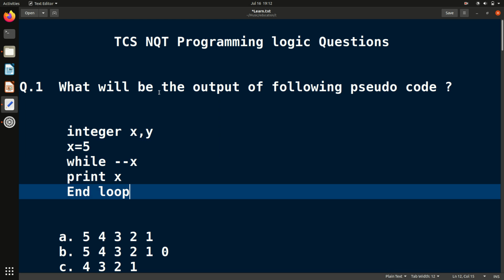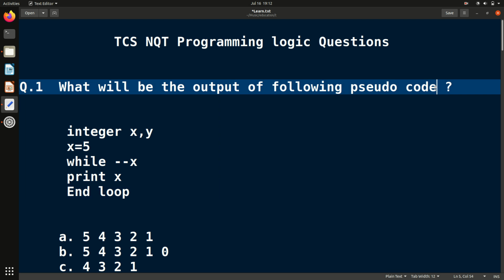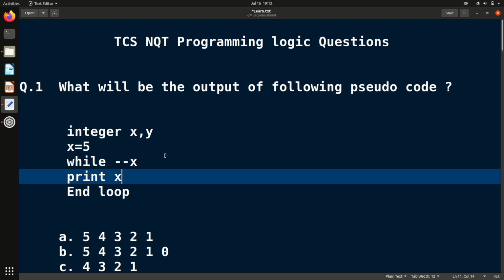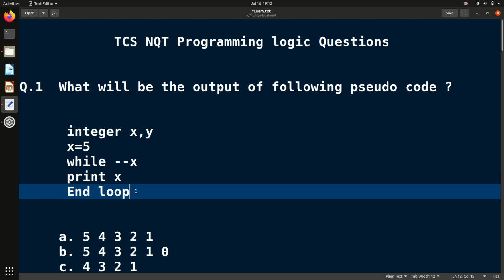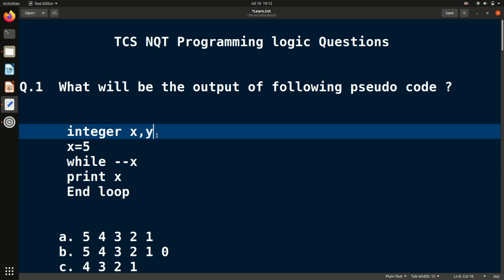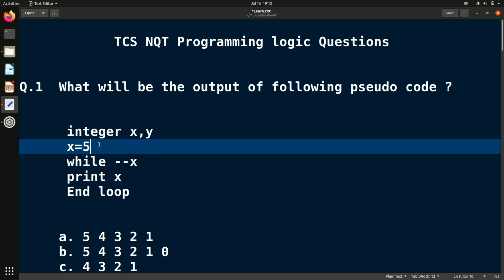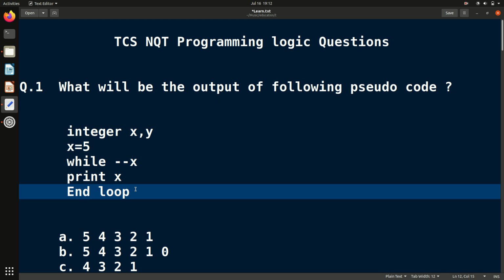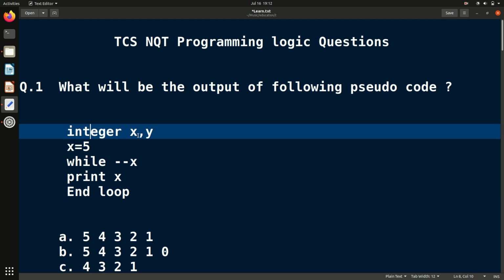So the question is, what will be the output of the following pseudocode? Pseudocode means this is not the real code. This is just some plain English written, and after seeing these lines, we will get what it means. So we just have to solve this. So the first one says that we have been given two integers x and y, and the value